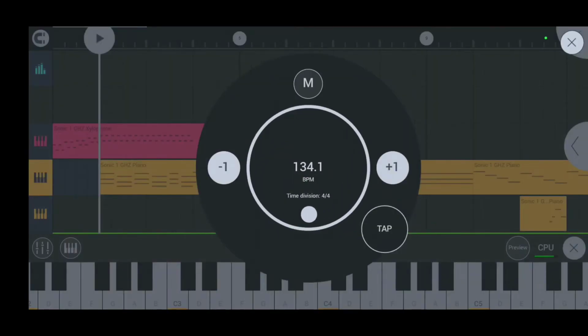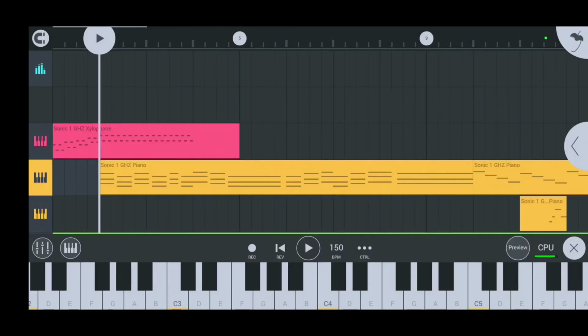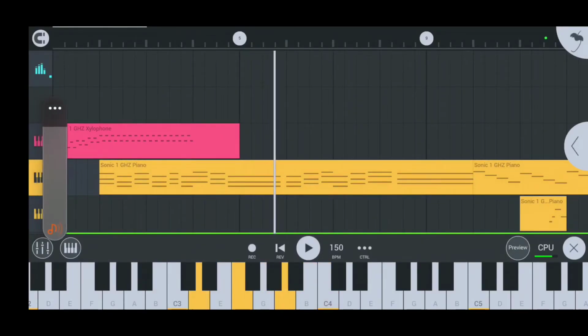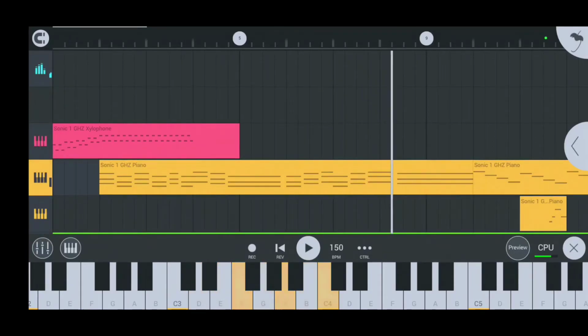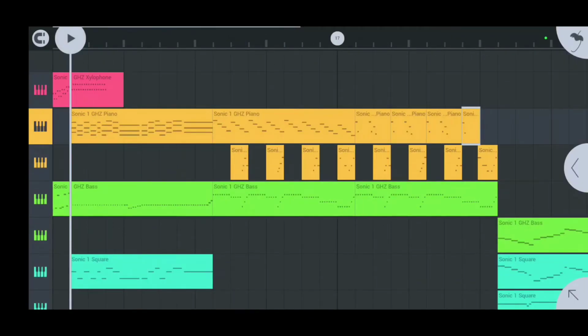And here's what it sounds like at its normal beats per minute. Also, I'm not going to go through every single instrument or everything in detail, but I will show you some key elements